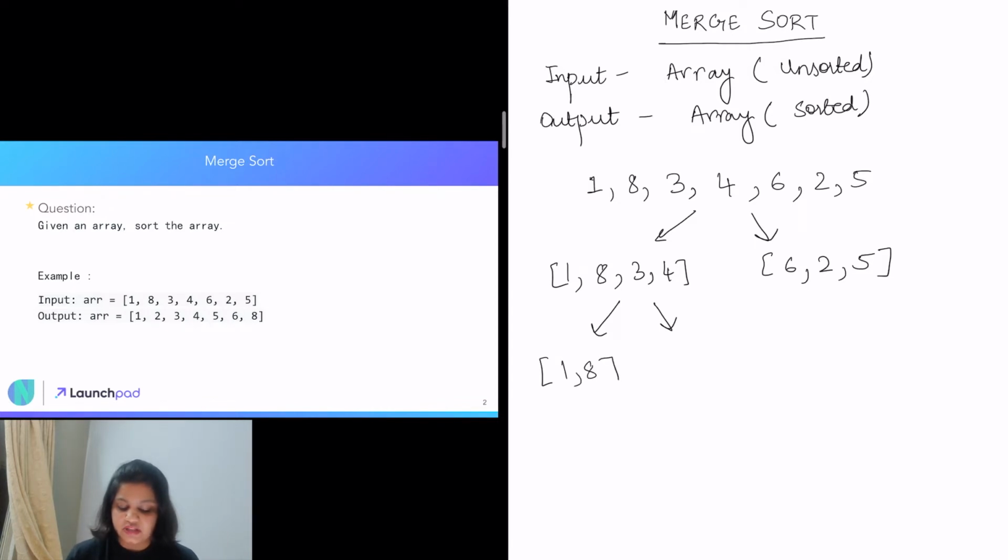As I mentioned, this will keep on dividing until we come to the base case, which is one element. So here we have 6 2, and here we have 5. Again we are going to divide.